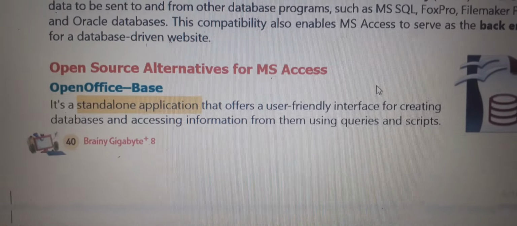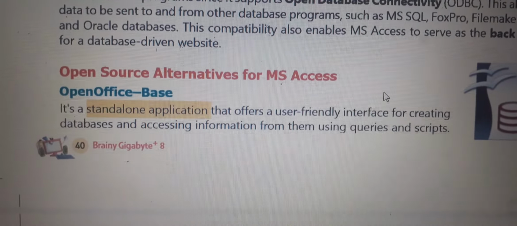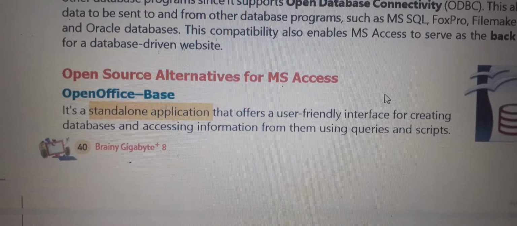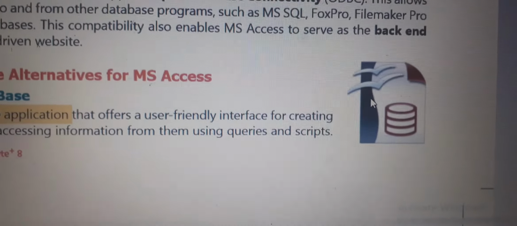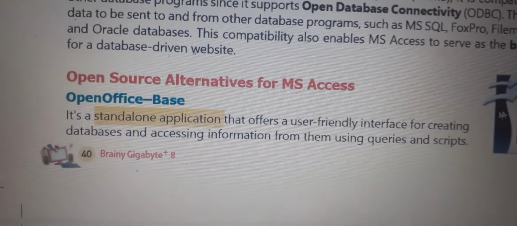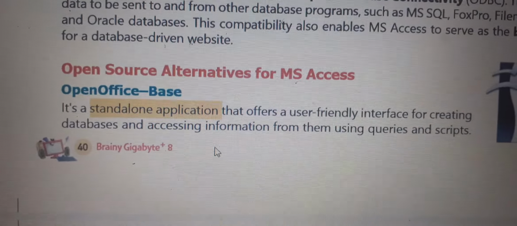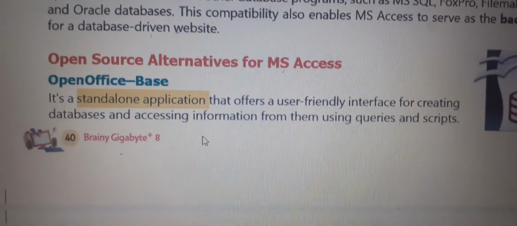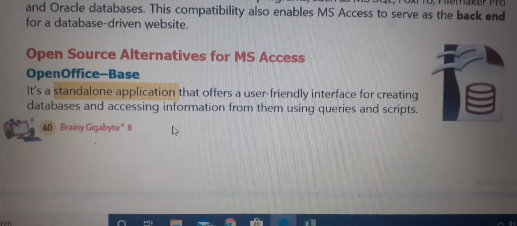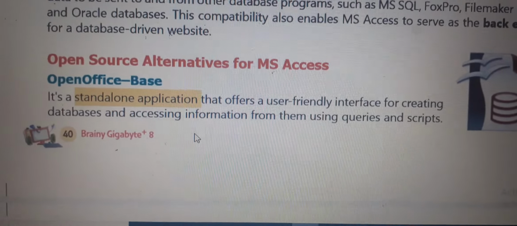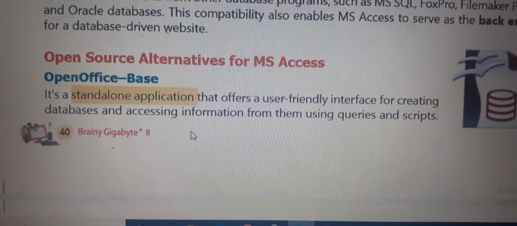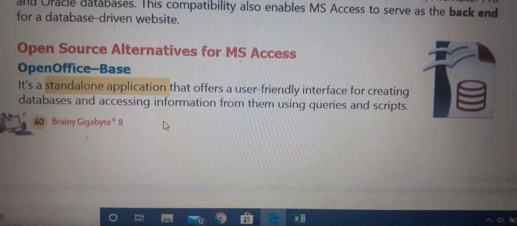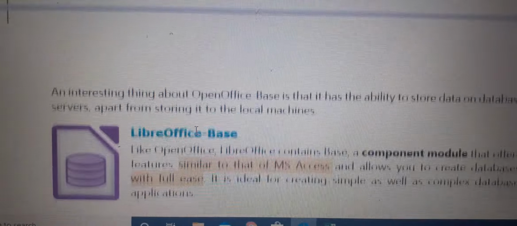Next one is open source alternatives for MSSS. This is the icon of OpenOffice Base. OpenOffice Base is a standalone application that offers a user-friendly interface for creating databases and accessing information from them using queries and scripts.